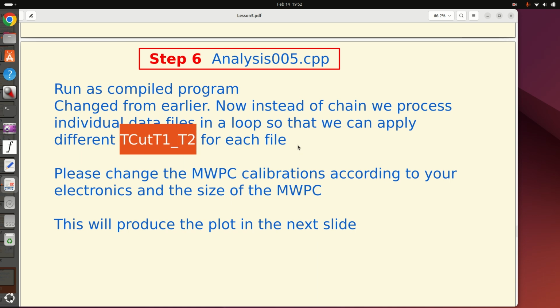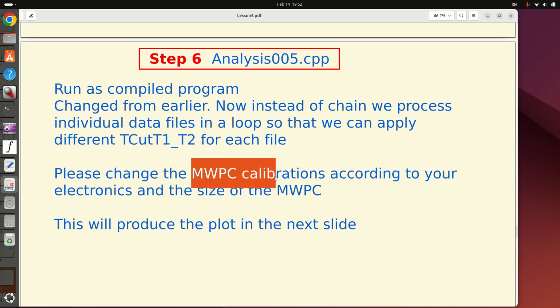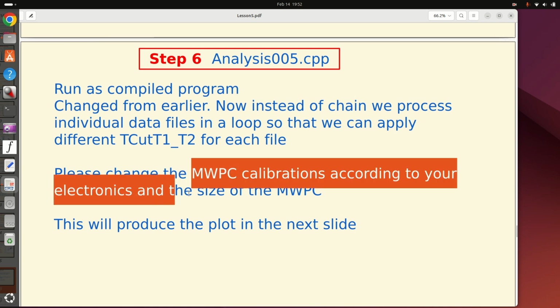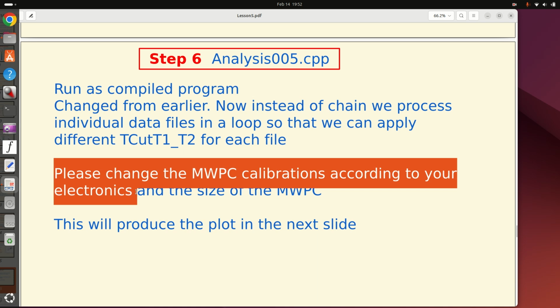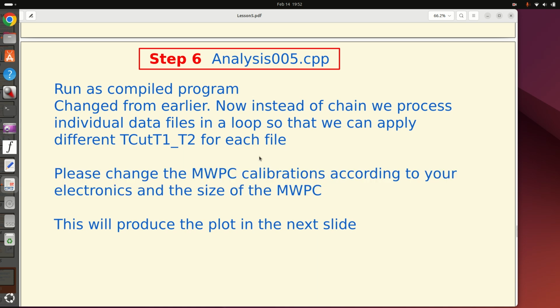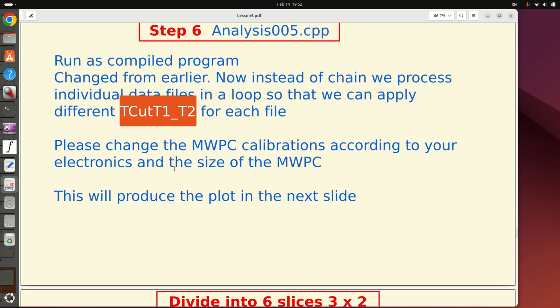So this is one change, and then you have to change the multi-wire proportional counter calibrations according to your electronics. So this part was the same as earlier. So there is not much change here compared to earlier, except that I have removed the chaining of the files, and now we are applying different t-cuts in the T1, T2, and then we get